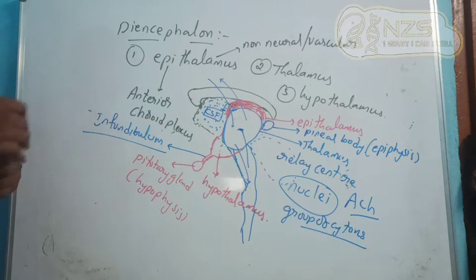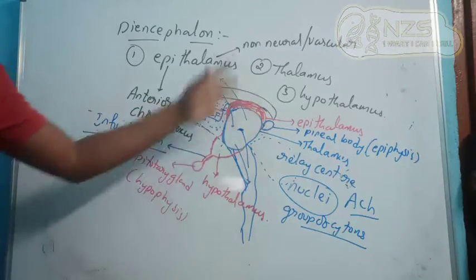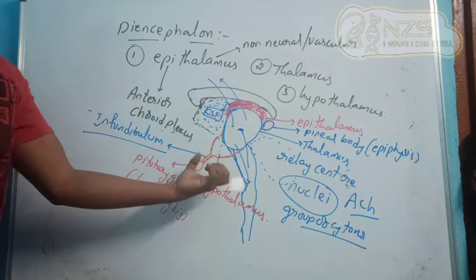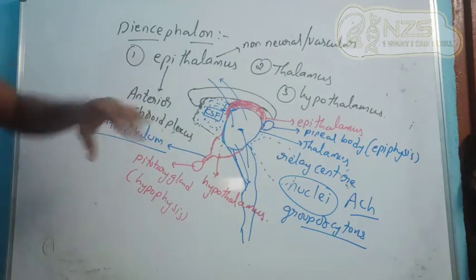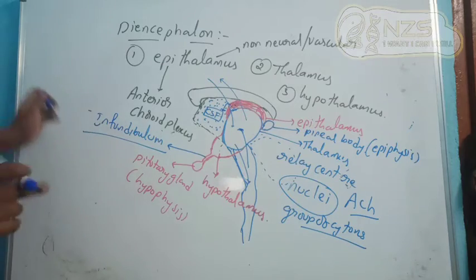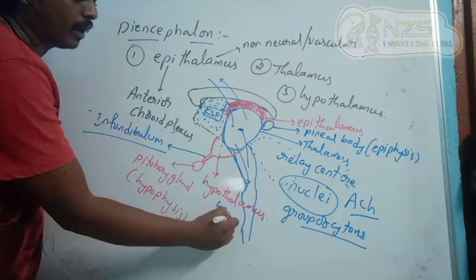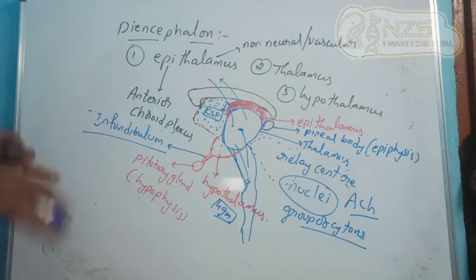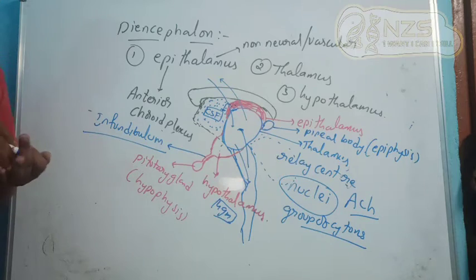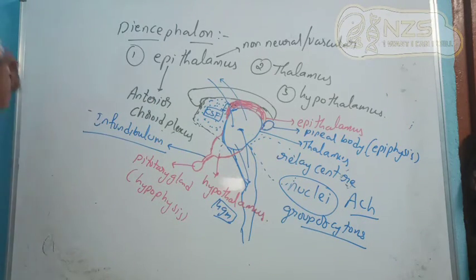Now what are the functions of the diencephalon? We have discussed that the epithalamus will form the choroid plexus, and the thalamus will help as a relay center, but this small hypothalamus has the main important functions of this total set. Though it is only around 4 grams, it maintains almost all the visceral activities of the body. So what are the functions of this hypothalamus? We will write now, we will discuss, we will see.